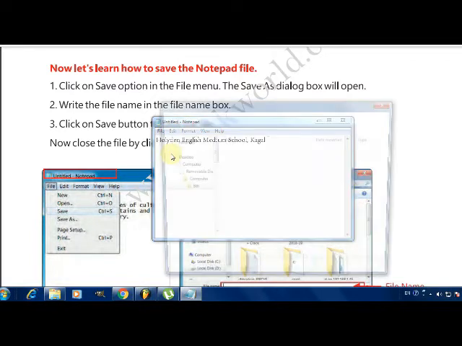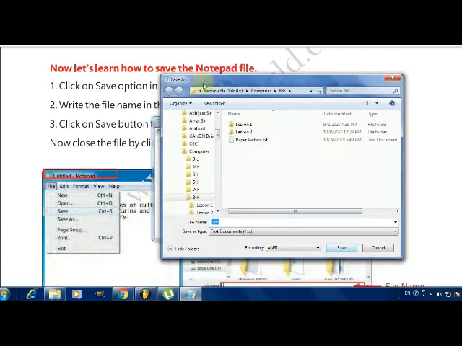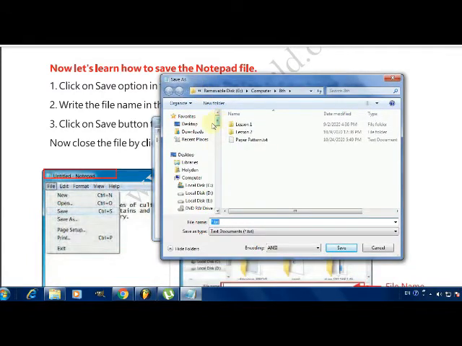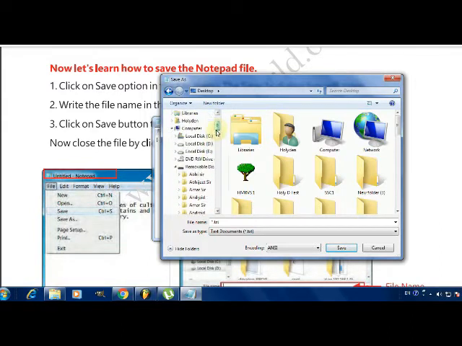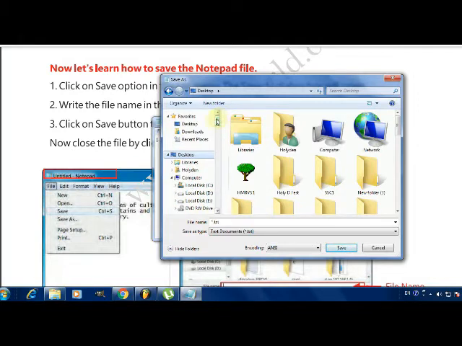Now when you click save, it will ask for a location, exactly where you want to save it. I want to save it on the desktop. You can save it anywhere you want, but the desktop is the easiest location to access the file or any folder. You can save it in D drive or E drive also, no problem. If it is an important file, then save it in D or E, because there are chances of losing the data from the desktop. So wherever you want, save it.